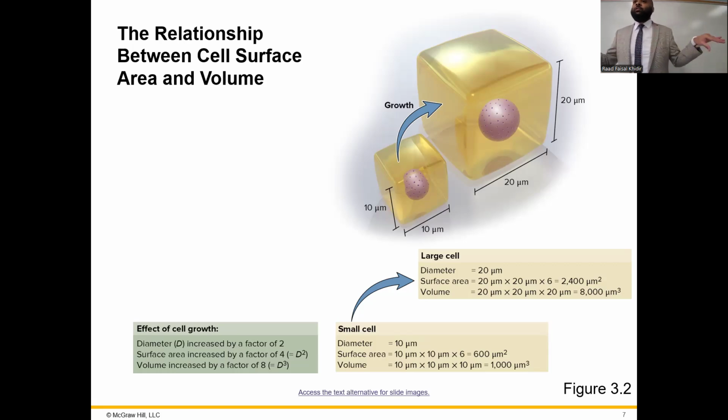The more the surface area, the faster the rate of diffusion. That's why your intestine has a lot of microvilli with really high surface area, and that's how we are able to achieve